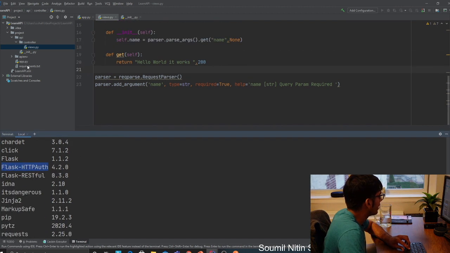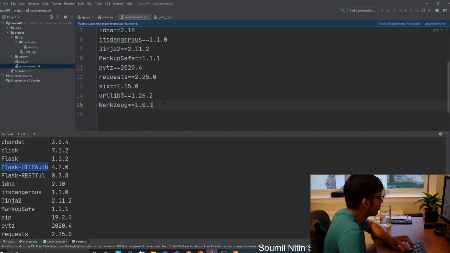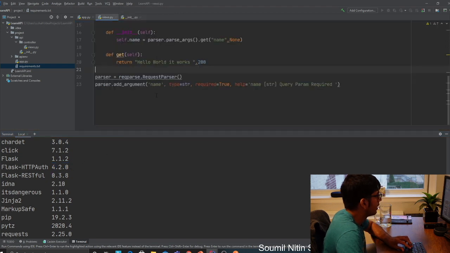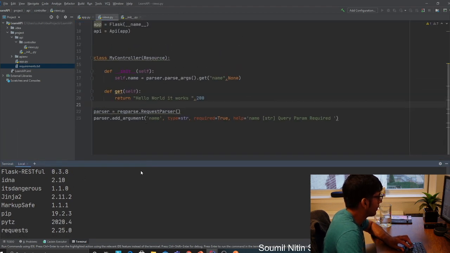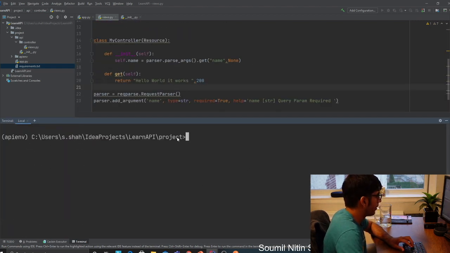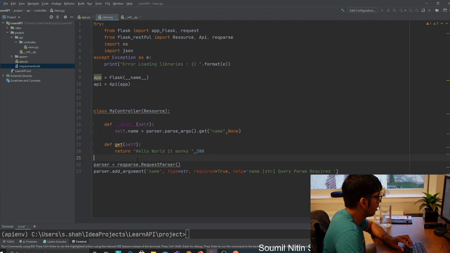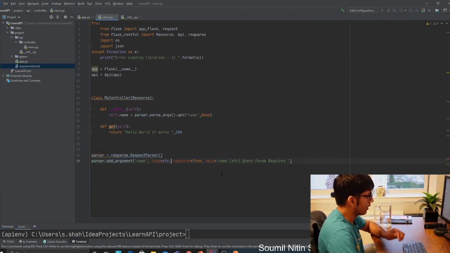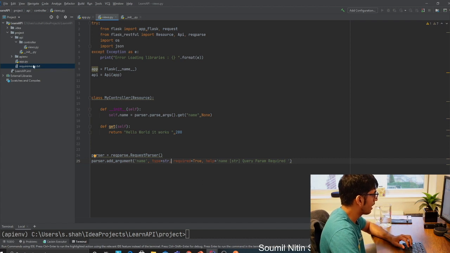Let's also add that in the requirements.txt, since that is not there. I would add it manually. The version that we are using is 4.2.0. Okay, so we have added that as well in the requirements.txt. Now let's add a very basic authentication here, right? Clear the terminal, come here. Now usually it's a good idea to break the query parameters into a different file, but we would do that later, not now. Let's not confuse that, okay?